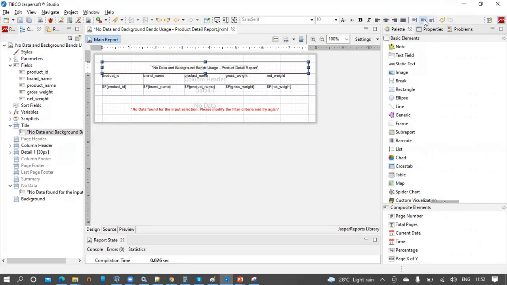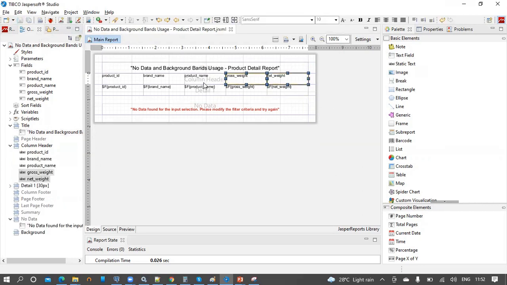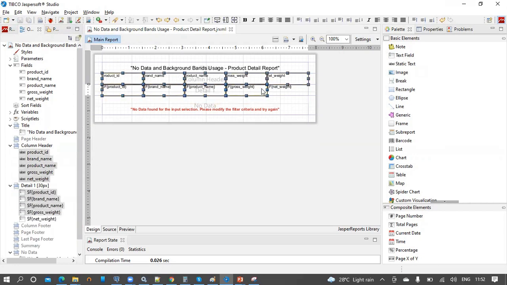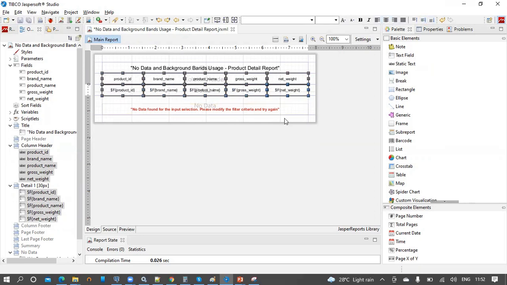Let's position this text, increase the font size, and let's position these text elements horizontally and vertically middle, and let us bold the labels for the columns.